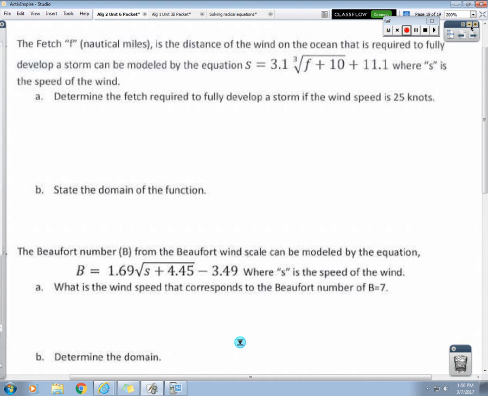So, the fetch F, which is represented in nautical miles, is the distance of the wind on the ocean that is required to fully develop a storm, and it can be modeled by the equation S equals 3.1 times the cube root of F plus 10, plus 11.1, where S is the speed of the wind. In part A, they want you to determine the fetch required to fully develop a storm if the wind speed is 25 knots. So where will we plug in 25? In the S place for speed. So 25 equals times the cube root of